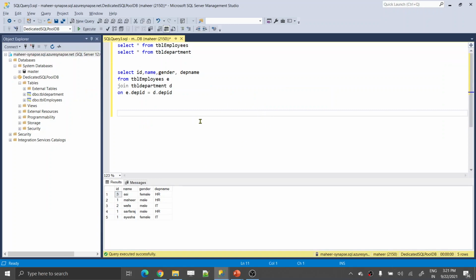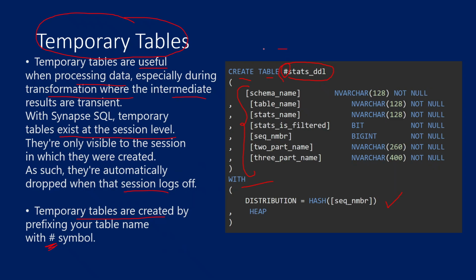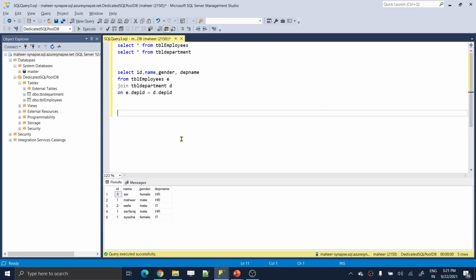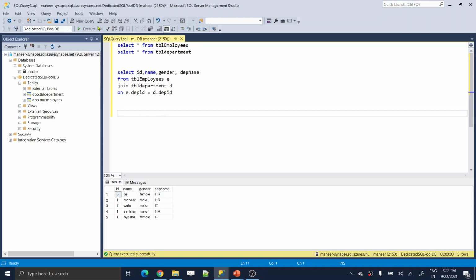Now, as shown in this slide, with this syntax I am going to create one temporary table and practically show you that first. The moment you connect to any SQL server and open a new query window, that means you opened one session there. So in this session, let's assume I am trying to create a temporary table like this.